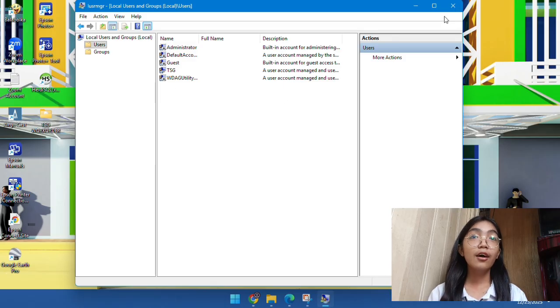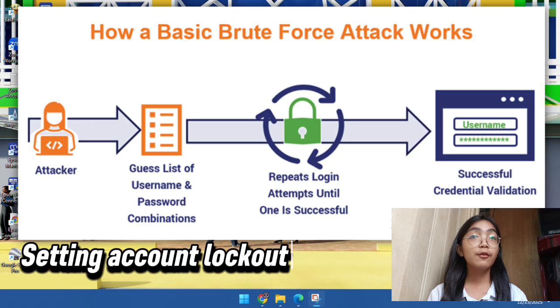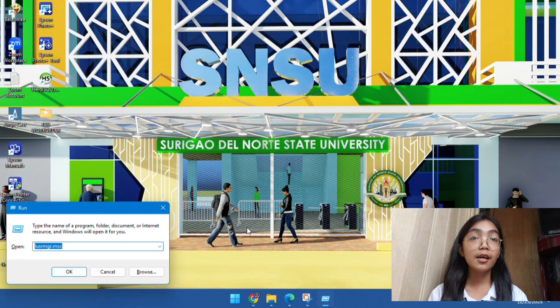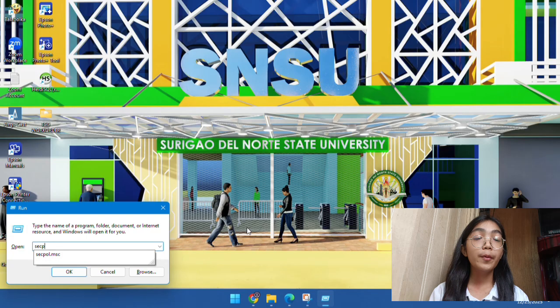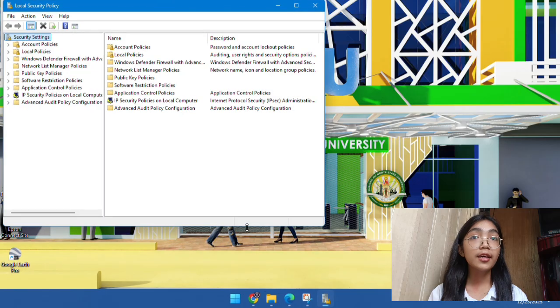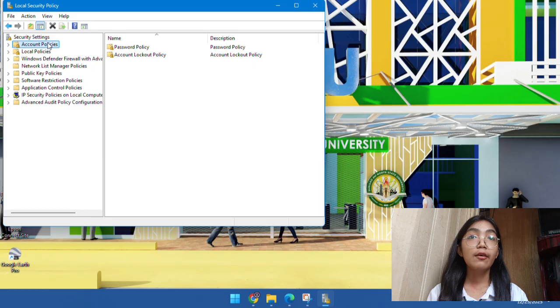Now, the account lockout policy should also be configured to protect the system from brute force or password cracking attacks. This is done by automatically locking an account after a specific number of failed attempts. So, press Windows R and type secpol.msc to open the Local Security Policy window. Next, navigate to Account Policies, and then you can see the Account Lockout Policy.